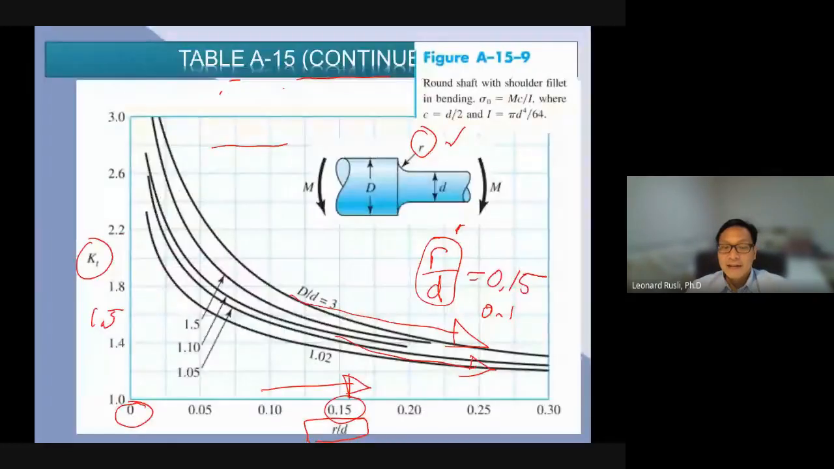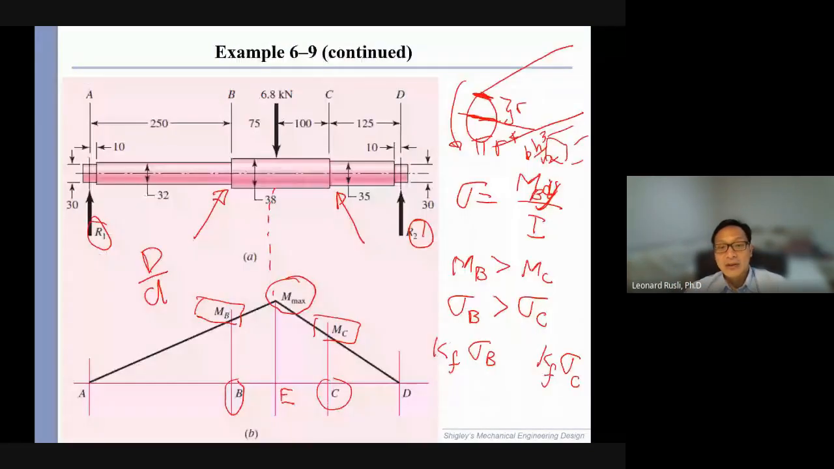Yeah, remember our chart? With a larger ratio, larger contrast, you will end up with a larger KF. So we can then evaluate, we will concentrate at